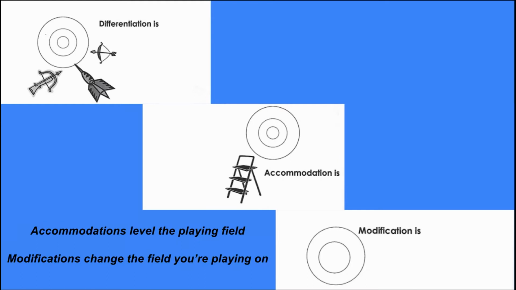Differentiation, accommodations, and modifications make learning accessible to students and are used to allow students to learn and show what they know without being impeded by their disability. Accommodations and modifications, as outlined in a student's IEP, are the responsibility of a teacher to provide and must be offered regardless of student request.